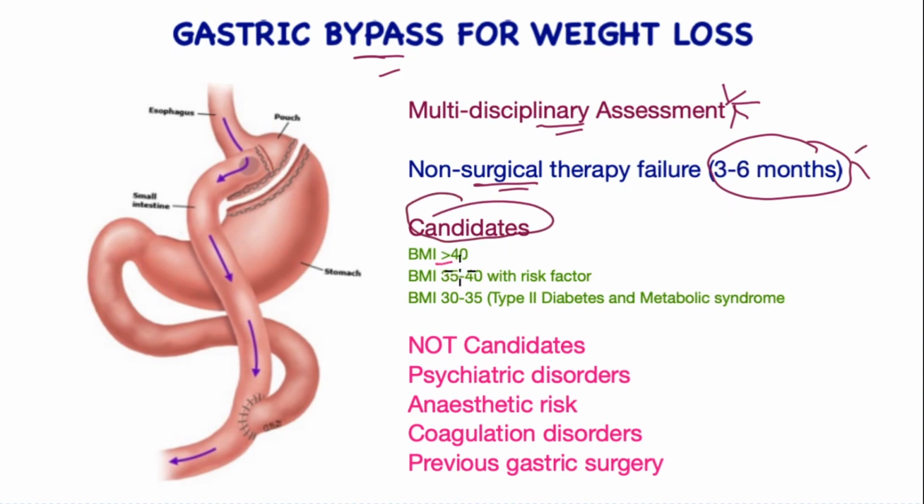Those with a BMI of greater than 40, that's body mass index, calculated by dividing the weight in kilograms by height in meters squared, or those with a body mass index of 35 to 40 with an additional risk factor of obesity, of which there are many, specifically type 2 diabetes, cardiac, sleep apnea, arthritis, pulmonary related, etc. Or those with a lower BMI of 30 to 35 in whom type 2 diabetes is uncontrolled, or patients suffering